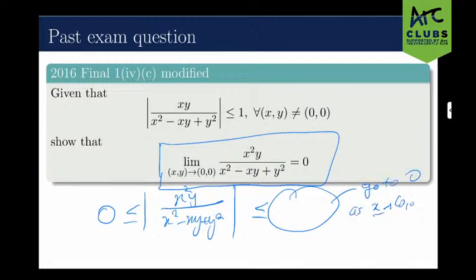So this is generally what I want to do. I do the absolute value because then I can create this lower bound of 0. The absolute value is non-negative, and I already know what I'm trying to get, which is 0. So if I take the absolute value, I know that 0 is going to be a lower bound,